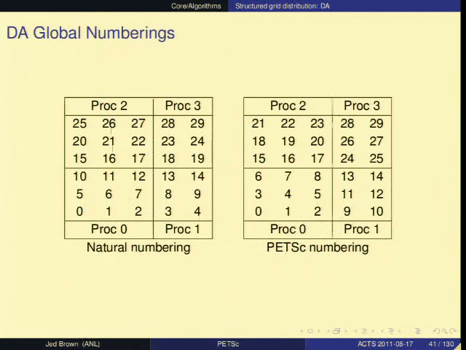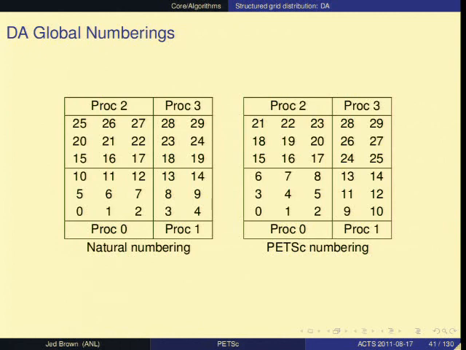So when you think of a structured grid, often people want to number it like this on the left. And this is really convenient for, say, determining where to implement boundary conditions. On the other hand, internally, there's a decomposition that's in the order of the processors. And this is because this gives you the communication structure that you wanted. You would have to do some indirect addressing otherwise.